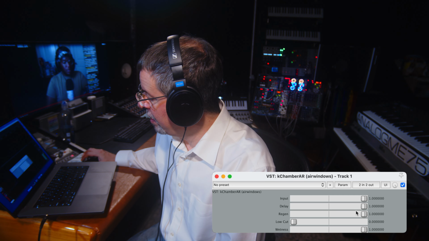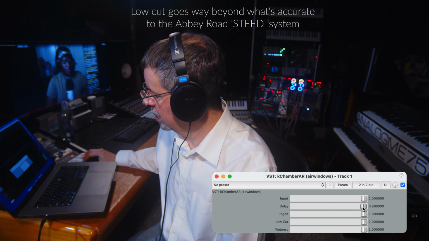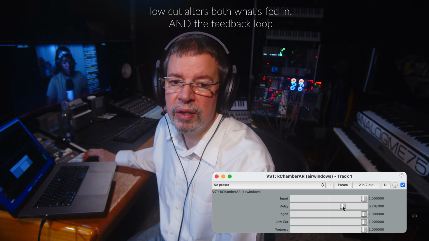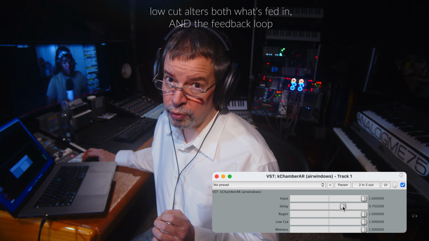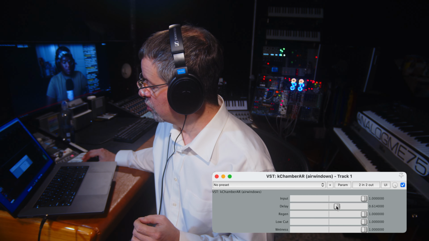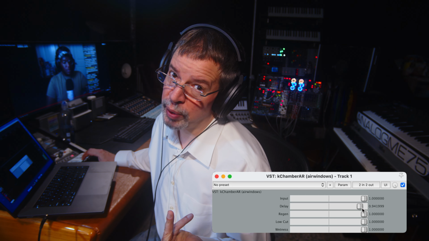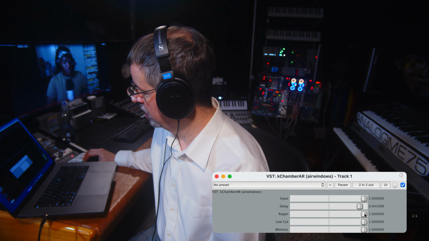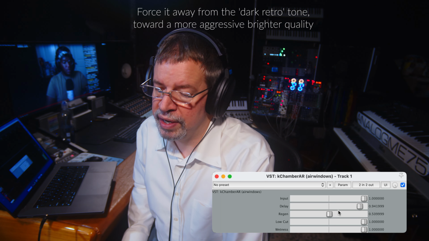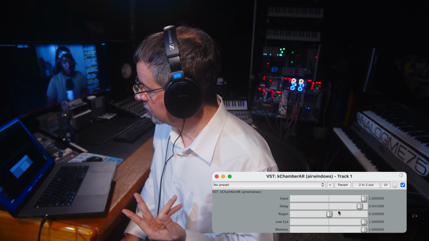And you'll notice that I have a low cut. Low cut is different from what you'd get out of the literal Abbey Road one, and then it goes a little farther. So we can do this and get a weird effect out of it. And of course, if we cut the regen off, and I believe that is cumulative. But yeah,